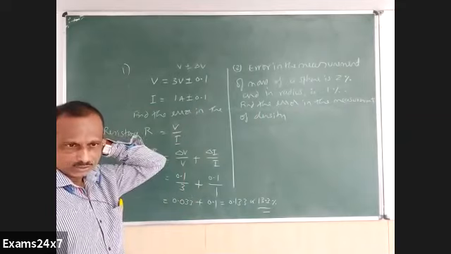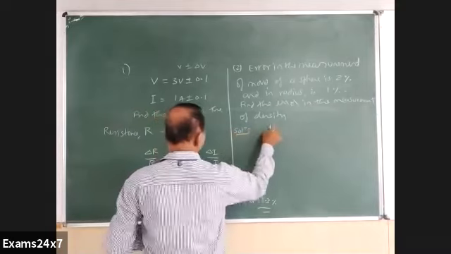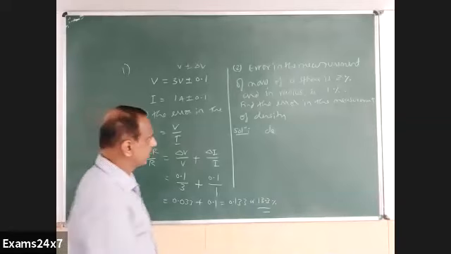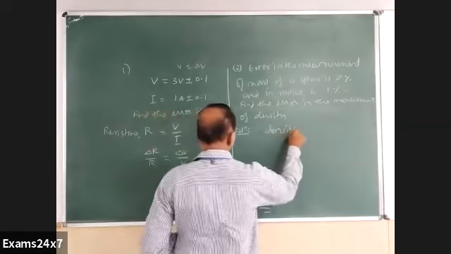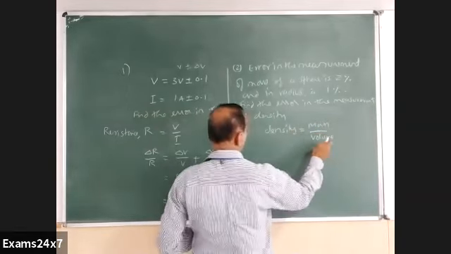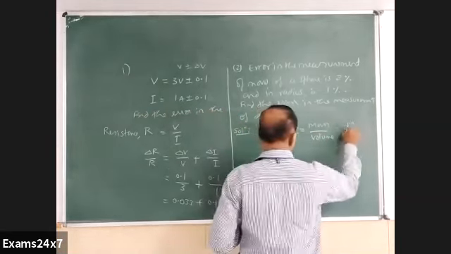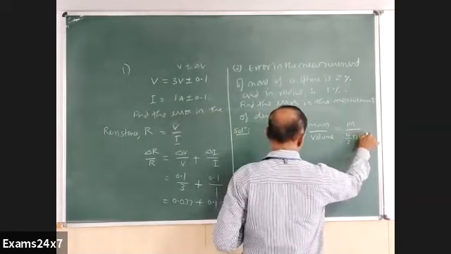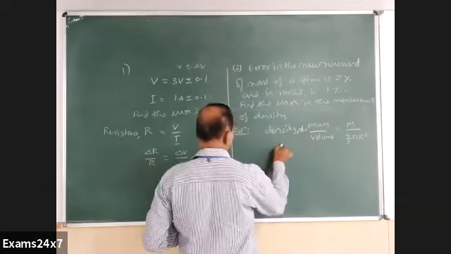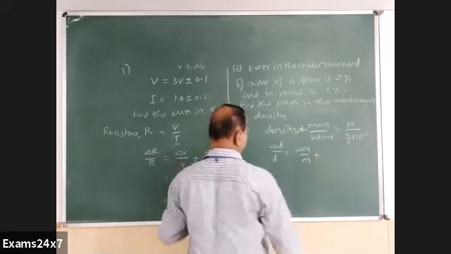Slightly different looking question. All of you know what is the meaning of density? Sudeep, present? Mass by volume, correct. Density is equal to mass upon volume. And for a sphere, volume is given by 4 by 3 pi r cube. So this is m by 4 by 3 pi r cube. And taking the error, if I take the symbol for density as d, delta d by d is asked, which is delta m by m plus